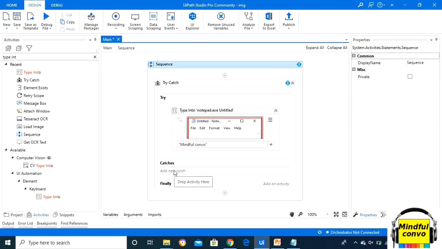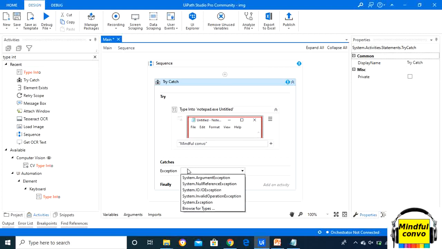Now in the catch block, what do we do? Basically we have to write the exception. We will choose System.Exception because in this case we don't know what the exception is, and as we all know, Exception is the parent class, so we can select System.Exception. It includes all the exceptions.